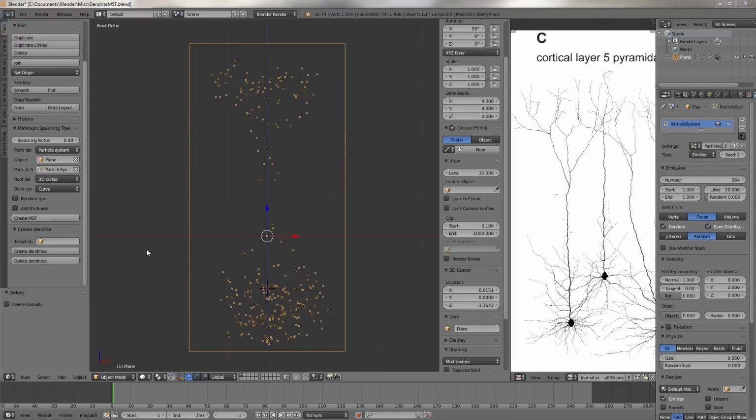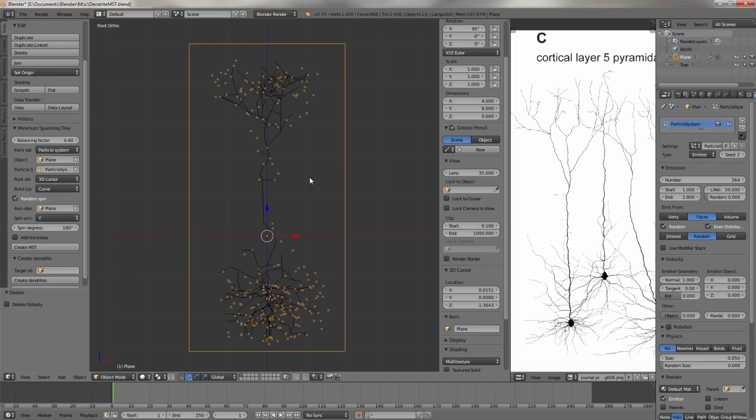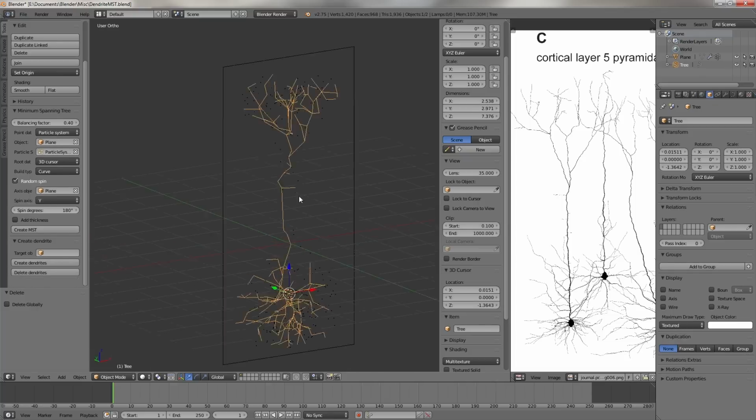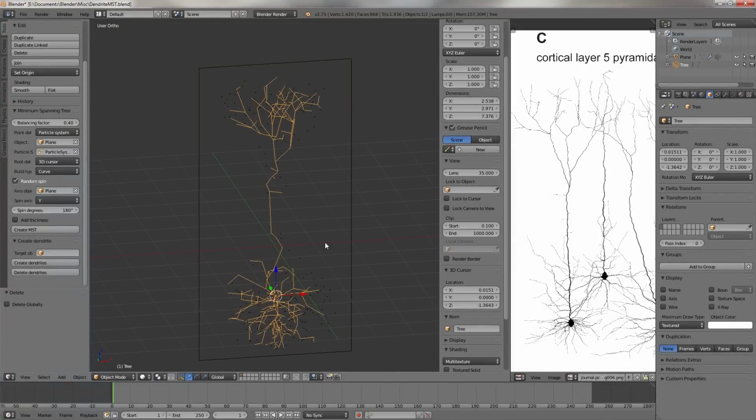Now to make this tree three-dimensional, the add-on can spin the points along an axis of the object. If we activate this, the add-on now creates a 3D tree based on the 2D point distribution, as you can see here. And now, as you can see, the example tree branches in the middle section, while our tree only